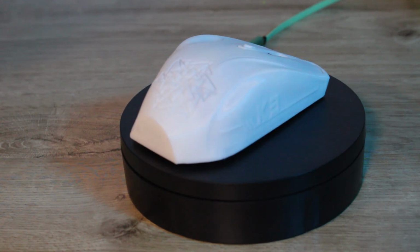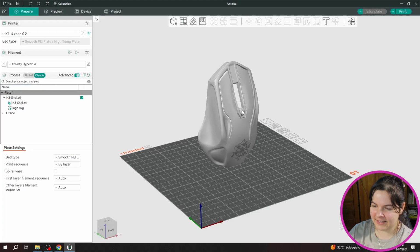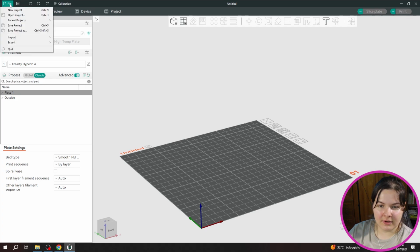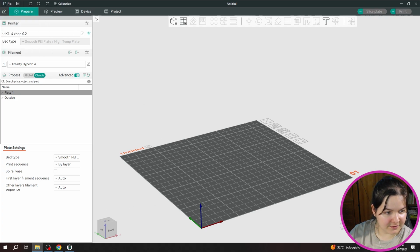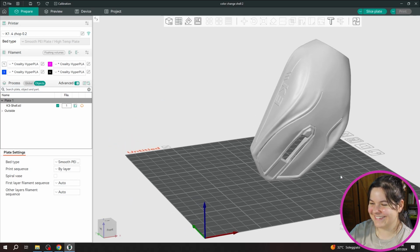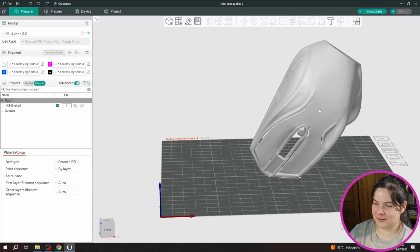But now let's talk about the most complicated yet coolest trick. So I will open the file that I've created. That is this one. So as you can see, it seems like it's only the mouse model printed on a strange orientation, but that's not the case. In fact, as you can see, I have 4 filaments here in the filament section,